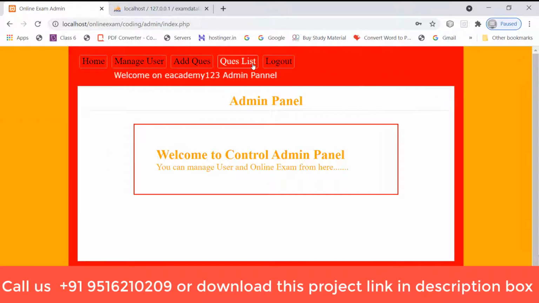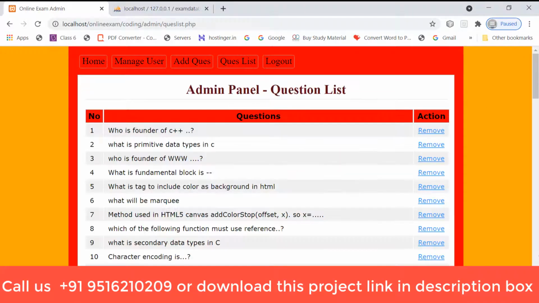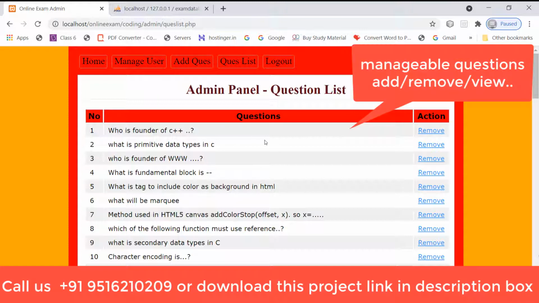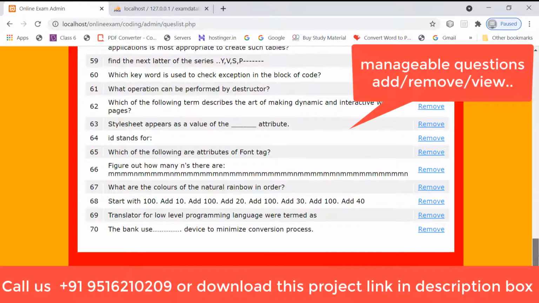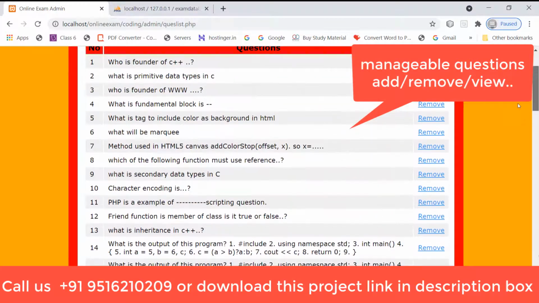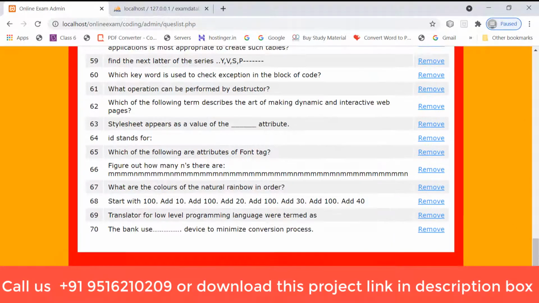Question list or logout. If I open that question list, then the whole question list appears, like the founder of C++, primitive data type, founder of WWW, all questions like that. So here are all 70 questions.